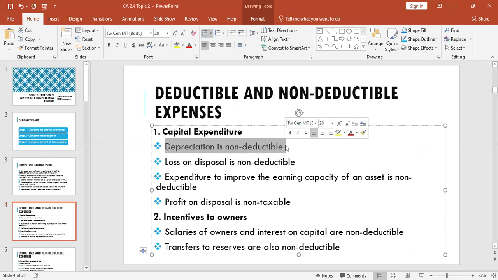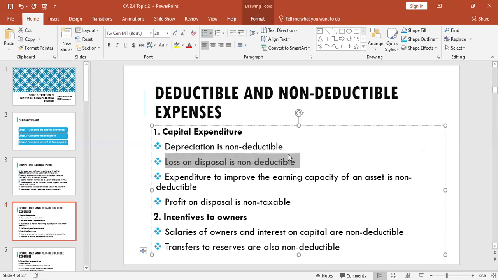So whenever you're solving a question, when you find depreciation as an amount which was charged to arrive at the net profit, you need to add it back to the net profit, because depreciation for tax purposes is non-deductible. It's not an expense that's recognized by ZRA. Then two, loss on disposal is non-deductible. This also has the same effect as depreciation. ZRA says this is not a loss that we can recognize, so the loss on disposal is non-deductible. We need to add it back to the net profit so that we can arrive at the taxable income or